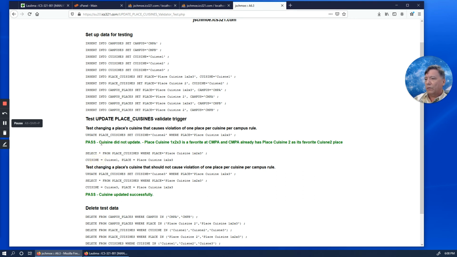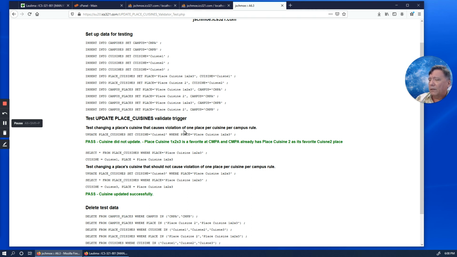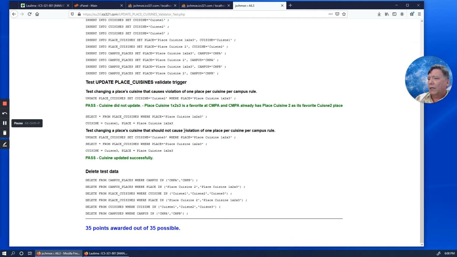And so we try to do it, and it passes because it gave us back the correct response, which was it aborts the update, and it says the cuisine did not update. The error message here, which you saw that we created, says Place 1x, 2x, 3 is a favorite at Campus A, and Campus A already has Place Cuisine 2 as its favorite Cuisine 2 place. So that passed because it rejected the update.